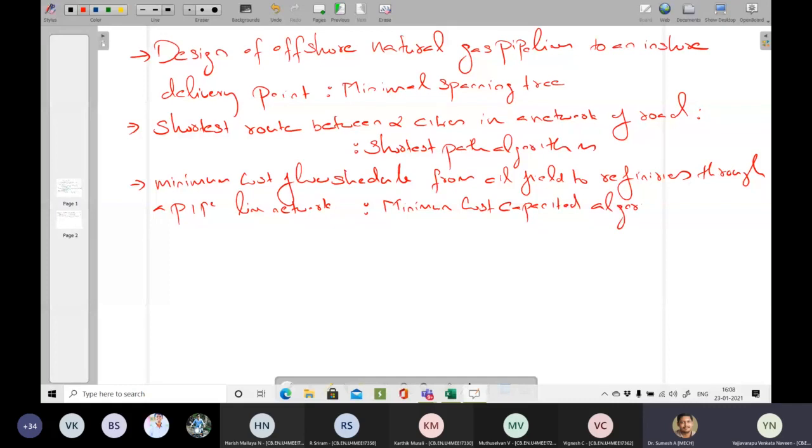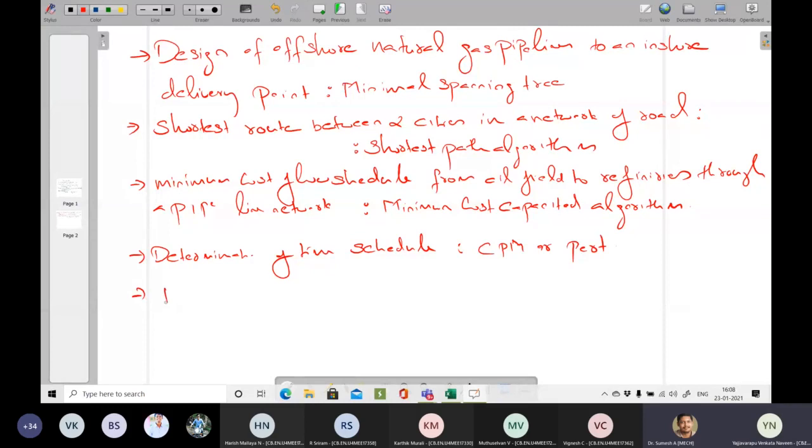Then you will have determination of a time schedule for your project. For that you can go for CPM or PERT. Then there is another algorithm called the maximum flow algorithm.